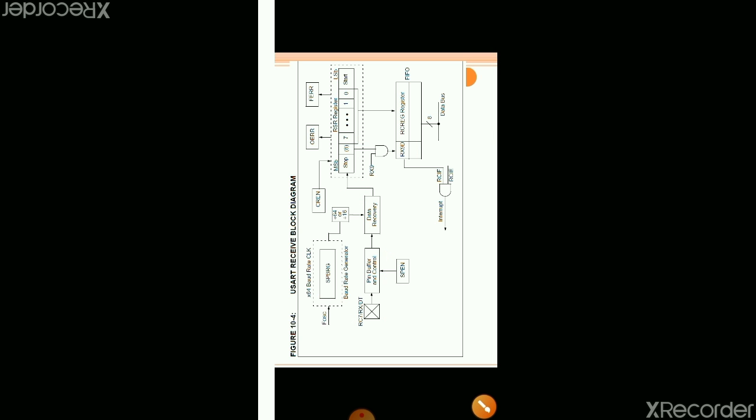Next we'll see the continuous receive enable bit. If it is 1, continuous receive is enabled. 0 means continuous receive is disabled. Here is the overrun error bit. If it is set, an overrun error has occurred. If it is 0, an overrun error has not occurred.